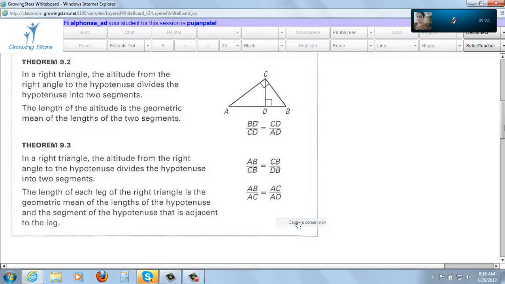See from the top, from this statement, if you take two triangles at a time, you get a set of three ratios, isn't it? Like the first one, if you take the first two, you get AC over AD. Can you tell me, I've taken AC from here and AD from here, and then I say CB over, what will be the corresponding side on the other side corresponding to AD?